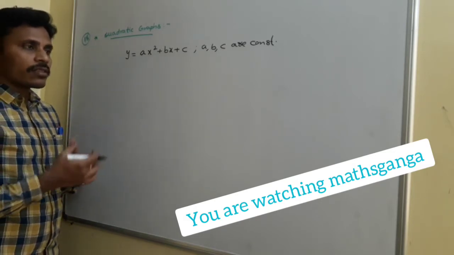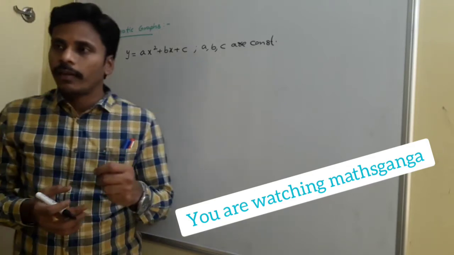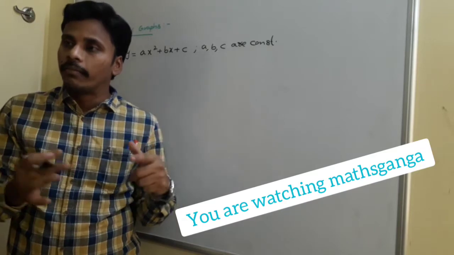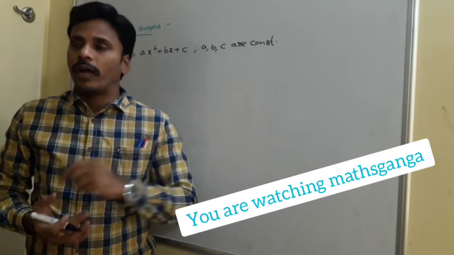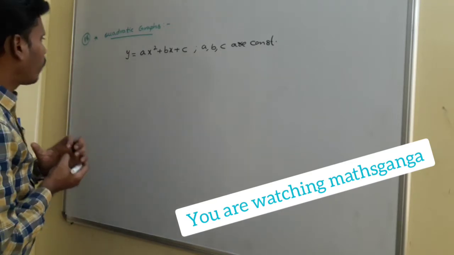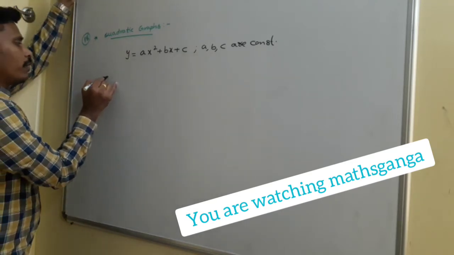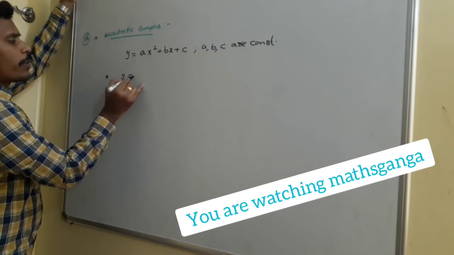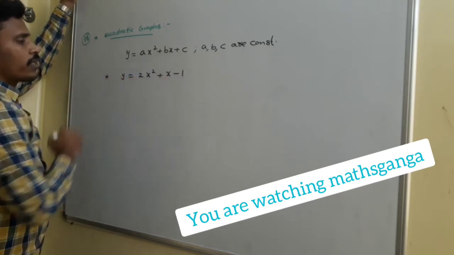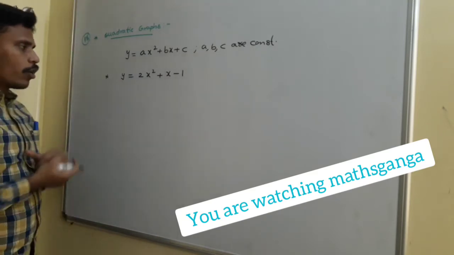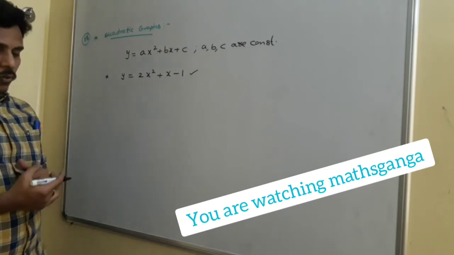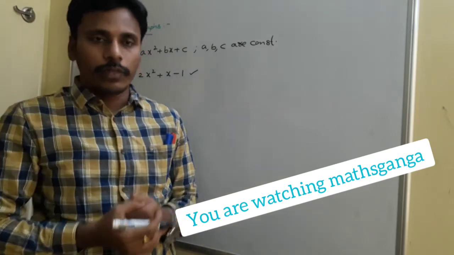In the last session, just at the end, I gave you the way to draw the rough sketch by making a table of x values and y values. And now here, again I am going to start with that, with an example. I have a quadratic expression, y is equal to 2x square plus x minus 1. Have a look at this. I am going to draw the graph for this.